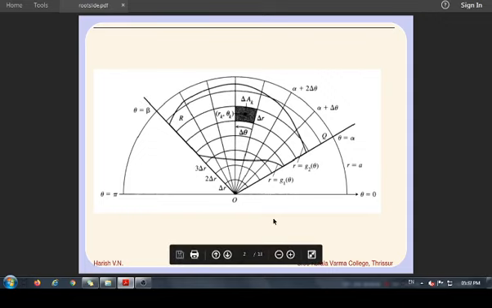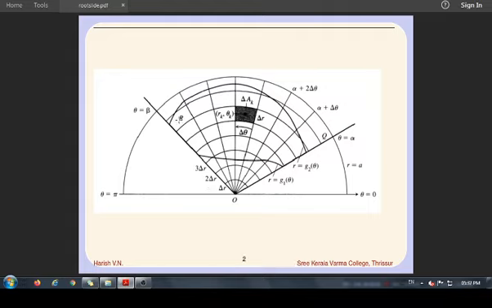Now you have two other continuous curves. So this is r equal to g1 of theta, a function of theta, and this is r equal to g2 of theta, another function of theta. Your function is defined in this region R. Now what I do is I cover R by another region Q, like this.